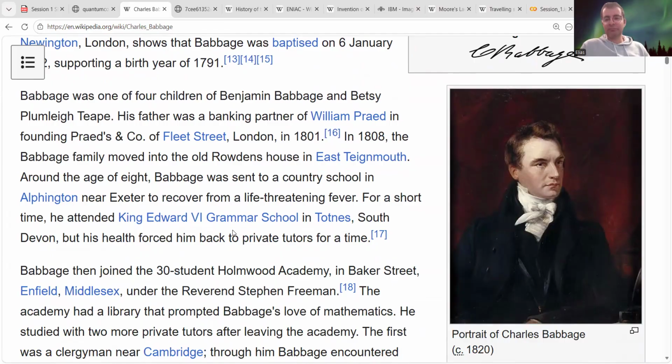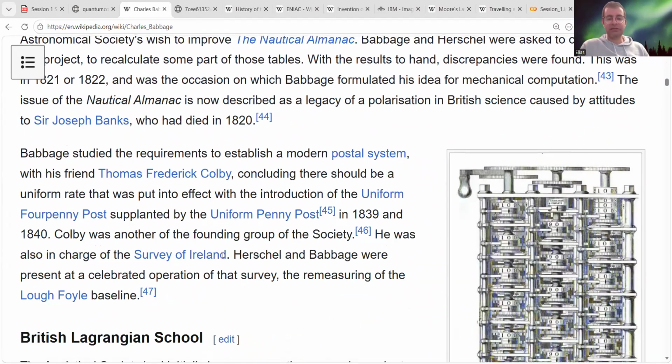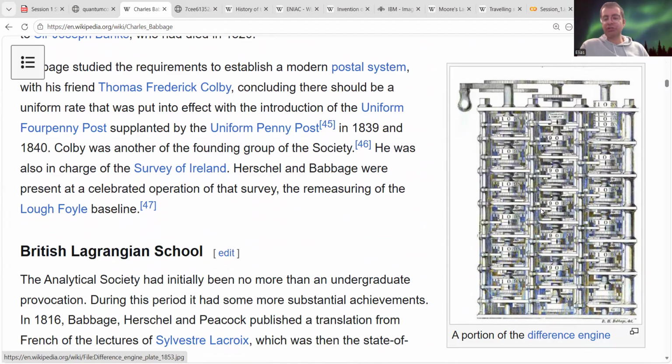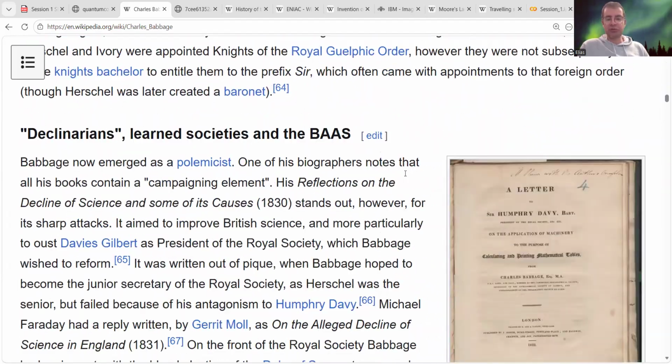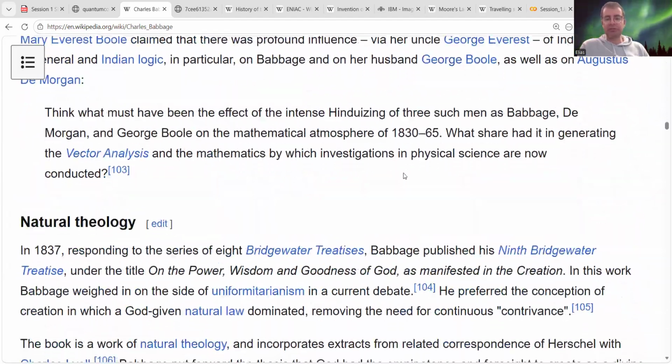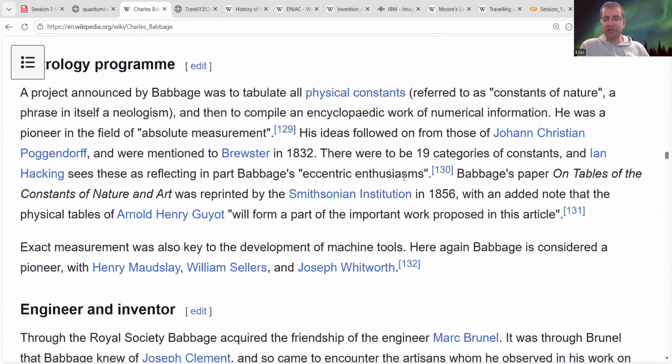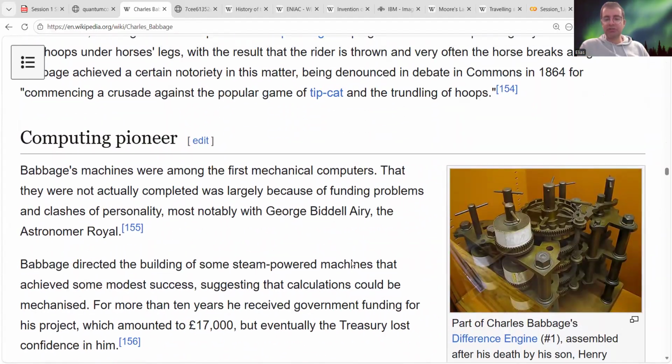If you look at the model of the machine that he built, I'm going to scroll down here, you see a portion of the difference engine that he built, and he was able to do some polynomial computations on it. If I show you the computer itself a little better, there should be some very nice pictures here. You see here a part of the Charles Babbage difference engine. And it was basically built to automatically perform arithmetical operations.